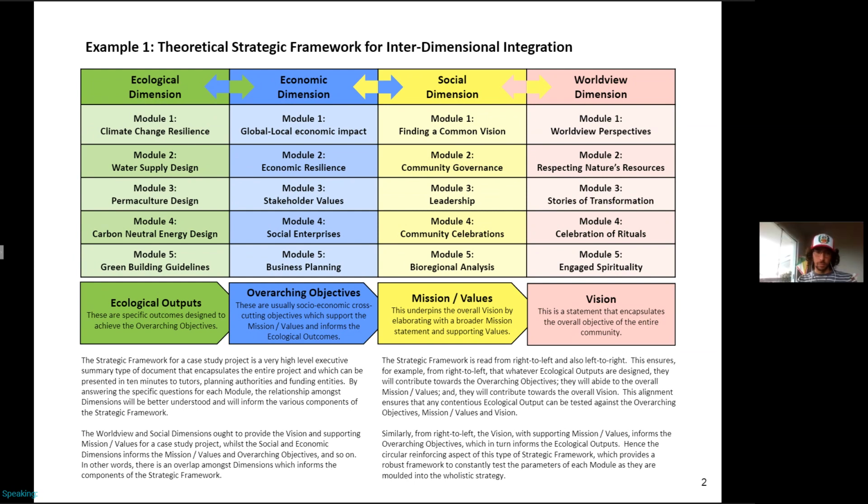Then moving leftwards in the slide, you see the social dimension. So just recall what you went through in the social dimension. Module 1 was finding a common vision. Module 2, we dealt with community governance. Module 3 was all about leadership. Module 4 was the community celebrations. Module 5 was the